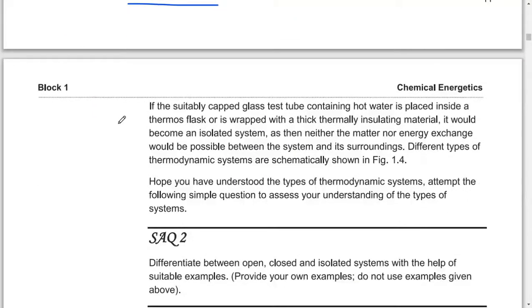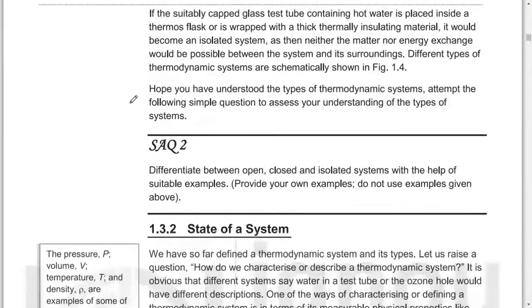If the suitably capped glass test tube containing hot water is placed inside a thermos flask or wrapped with thick thermally insulating material, it would become an insulated system. Then neither matter nor energy exchange would be possible between the system and surroundings. Different types of thermodynamic systems are schematically shown in the figure. Hope you have understood the types of